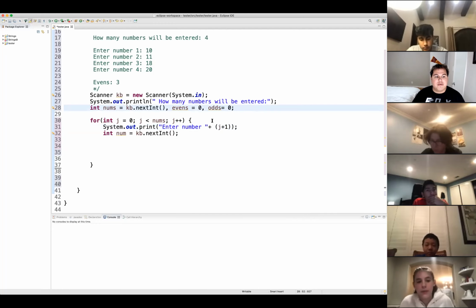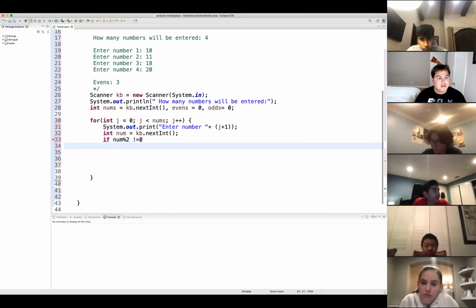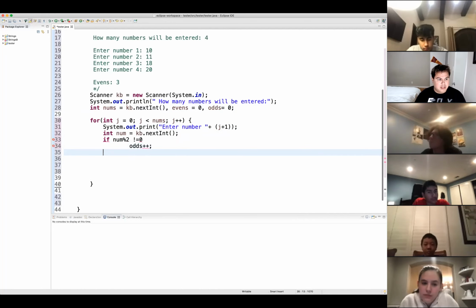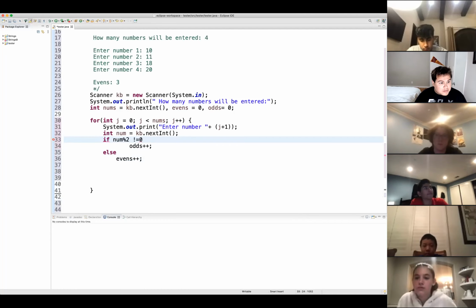Okay. So now what we do is this. So we have the number. So we say if num modular 2 does not equal 0, odds plus plus, else evens plus plus. So that's it, Eleanor. Okay. So basically what's happening is we go through, okay, if num modular 2 does not equal,